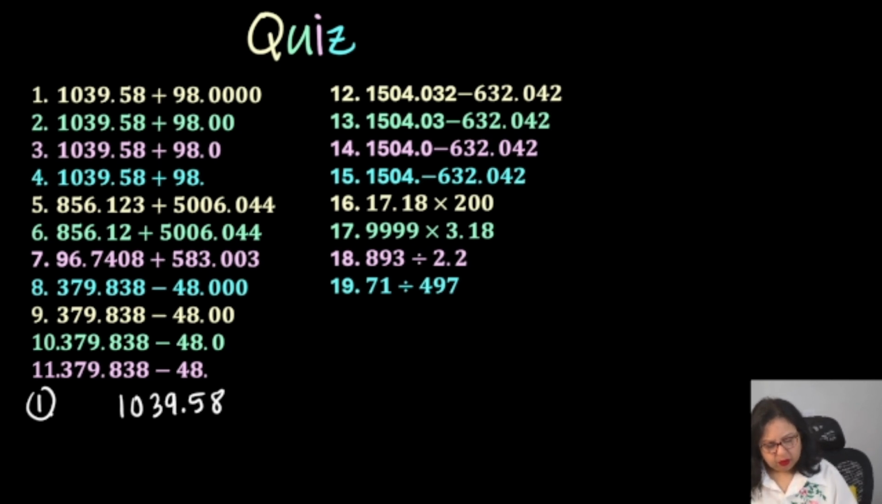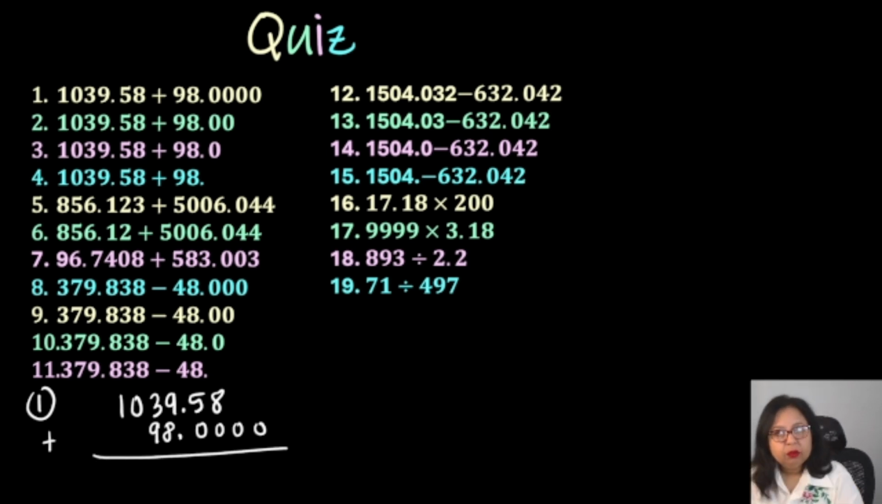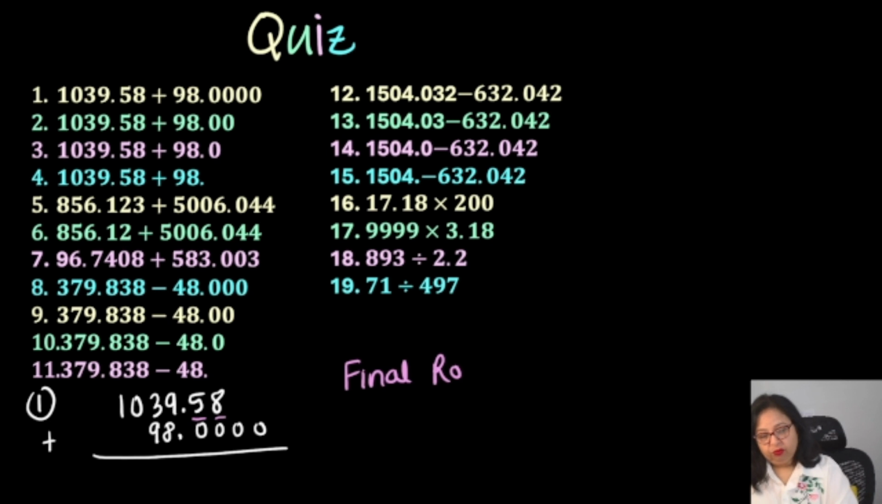We have 1039.58 plus 98.0000. So you will notice that I have lined up the decimals. As per the rules that we looked at on the last slide, first thing we need to do is identify the number with the least number of decimal places. That is the number with the least number of digits after the decimal. So that is the first number. This first number has 2 digits after the decimal. That means the final answer must be rounded off